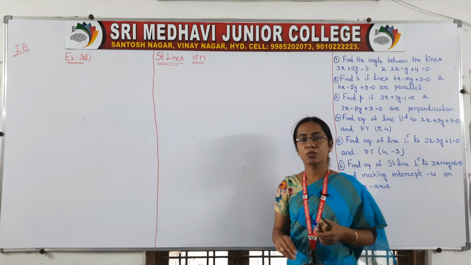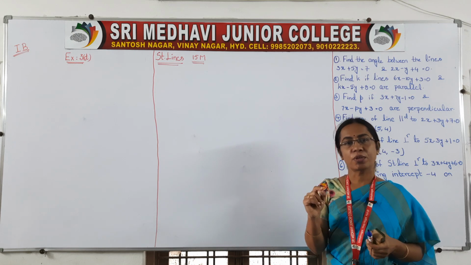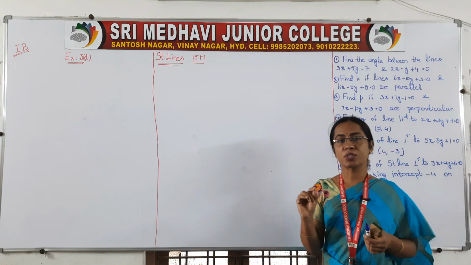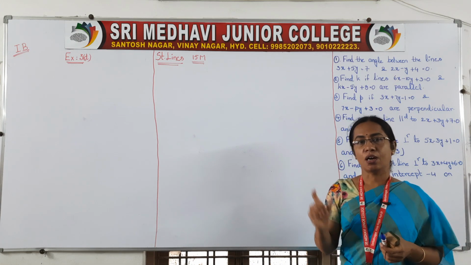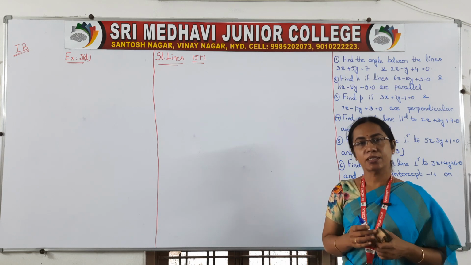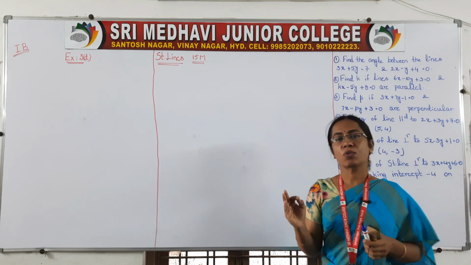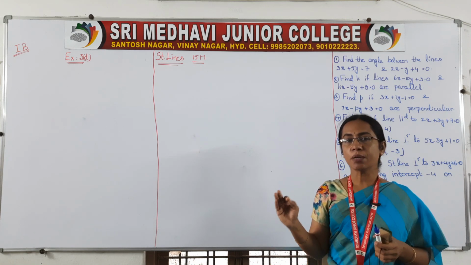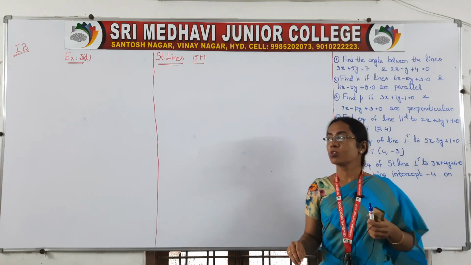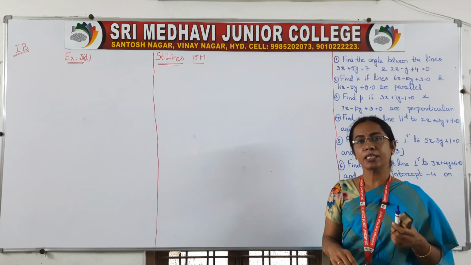In the previous class, we proved one theorem based on the image of a point on the line, and we solved one 2 marks problem by using the formula of that theorem. That is most important for 7 marks. I think you got that theorem, and before that you got one theorem based on the foot of the perpendicular of the point on the line. So we are almost coming to the end of the straight line, right?